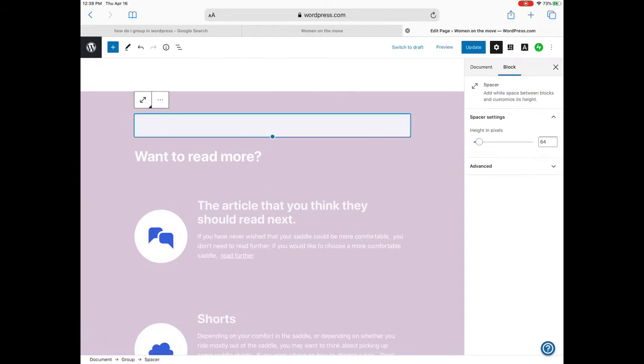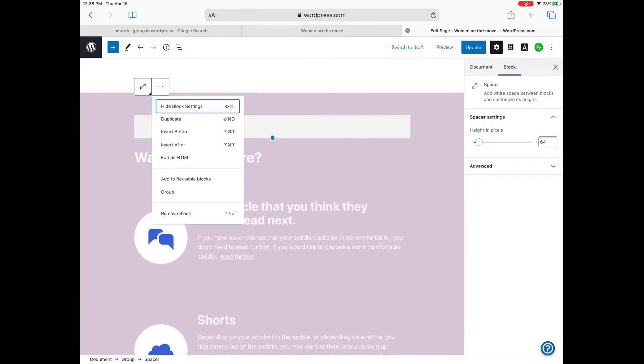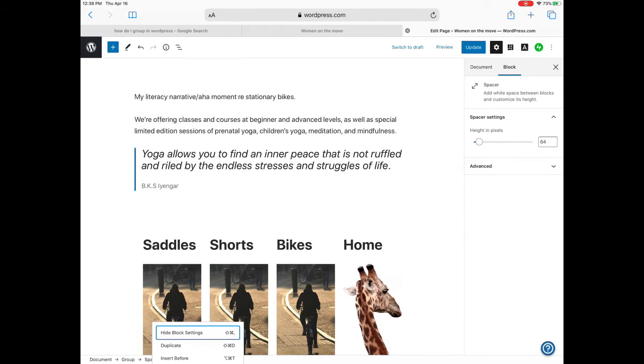Or I can do what I've done before, which is to take a reusable block that's called, in the reusable blocks, something like links or something like that, and then I can play with it that way. So I've got 2 different options here. So let me show you how that works across the pages. So I update this page,